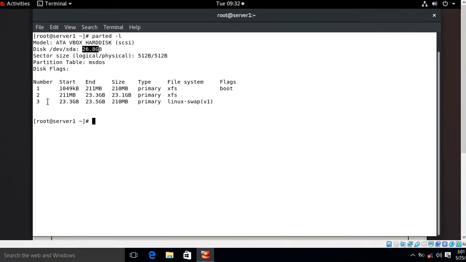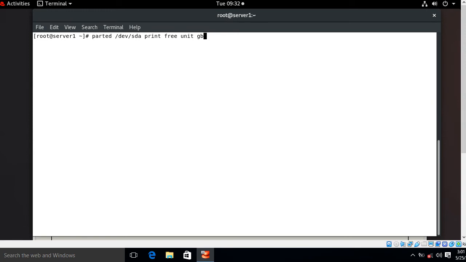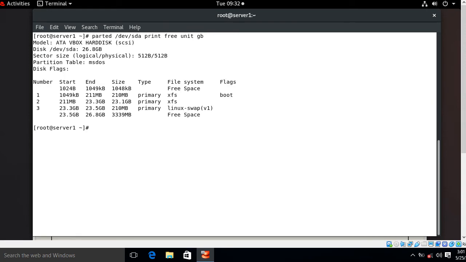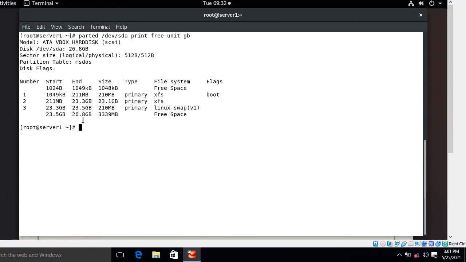Okay, now the second point is, let's check the available free space on my hard drive so that I can create a new partition. For this, I run the command parted and go with /dev/sda, select my hard drive, and first of all, let's see the free space available on the hard drive. I run the command print free, go with unit and say GB. GB is good for me. So when I press enter, it shows me approx 3.1. Look at that, approx 3.1 GB is available on my hard drive, so I can make a new partition.